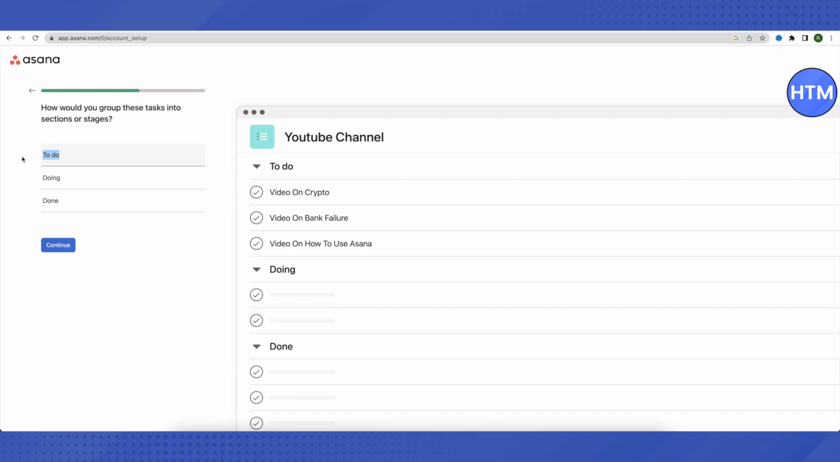So in our case, we can change it to like topic research, and after topic research we would want to write a script for that particular topic. So we would just type scripting, and after scripting we would want the video to be recorded on that particular topic. Video recording, and after that just click on continue,